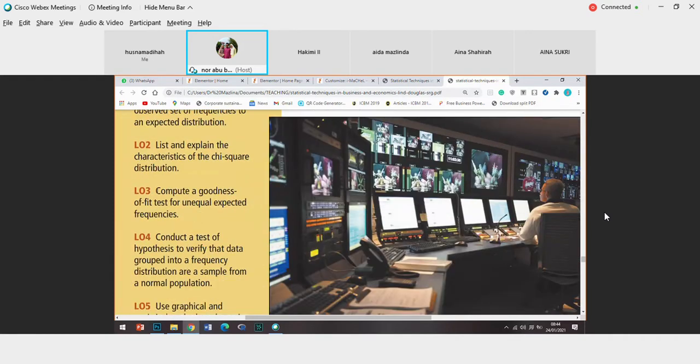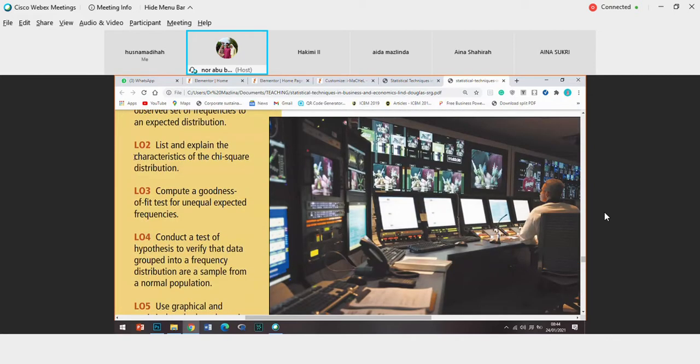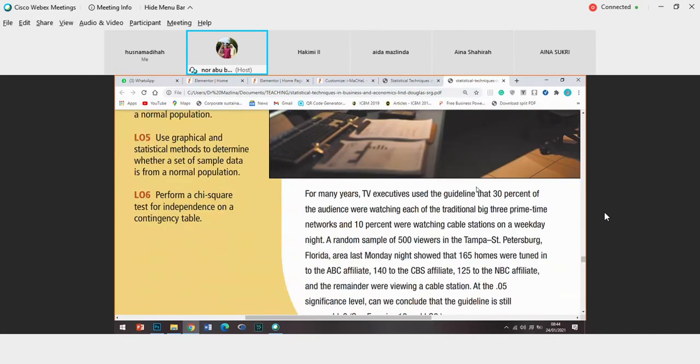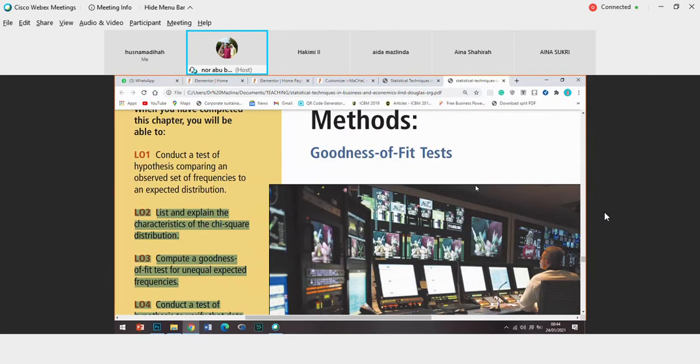And then we're going to compute a goodness of fit (GOF) test for unequal expected frequency. And then we want to conduct a test of hypothesis to verify data whether they are grouped into a frequency distribution of normal distribution. Okay, sebenarnya mungkin kita tengok tiga ni je lah. A goodness of fit test and then conduct a test of hypothesis. Okay, jadi apa yang dimaksudkan dengan goodness of fit test, which is today we're going to look at the